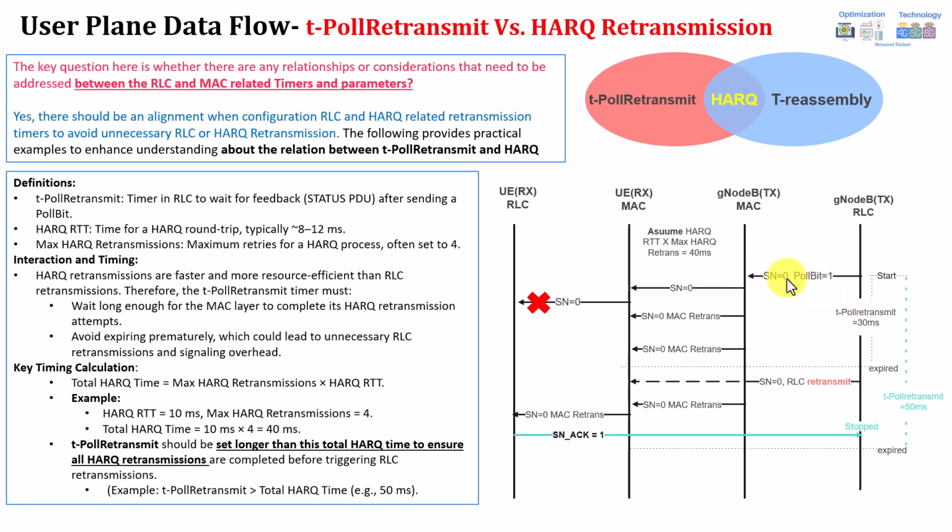So now what will happen? Sequence number 0 is sent from the gNB MAC to the receiver MAC at the UE side through the air interface. So it is being received here as sequence number 0, but somehow this packet is lost, sequence number 0. So what will happen? The MAC layer will try to recover the data before going to the RLC retransmission, so you have a maximum number of HARQ retransmissions it will try. Here the first HARQ retransmission is done, then it failed, then the second one is retransmitted again. Then the T-PollRetransmit timer expired here before reaching the maximum number of HARQ retransmissions. For example, assume you have 3 maximum HARQ retransmissions, 1, 2, 3, and the first 2 failed.